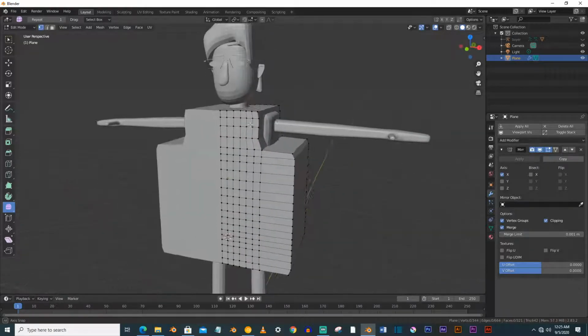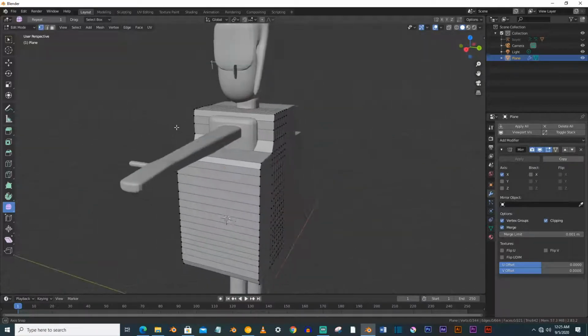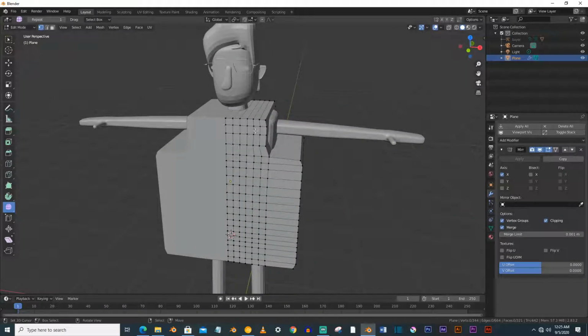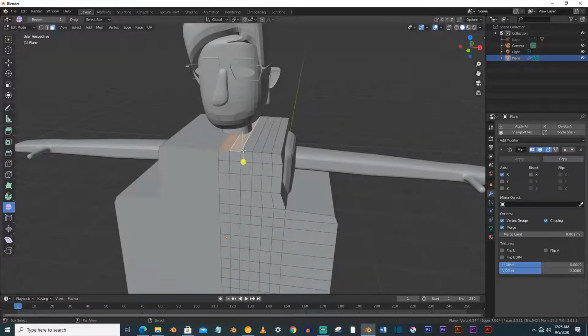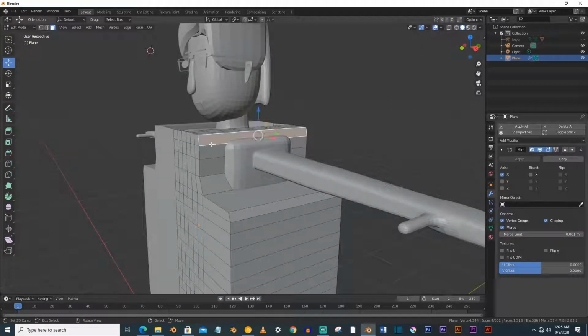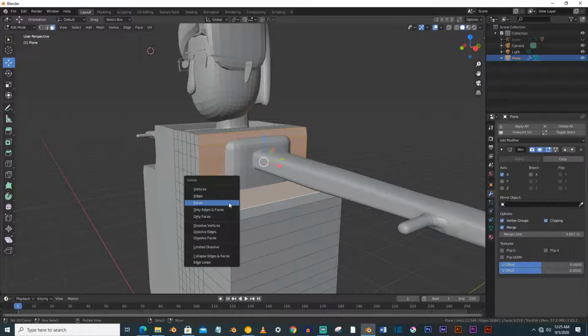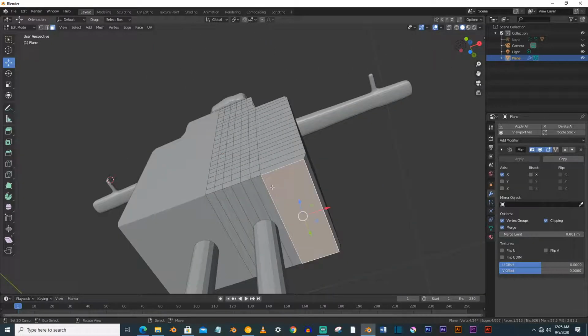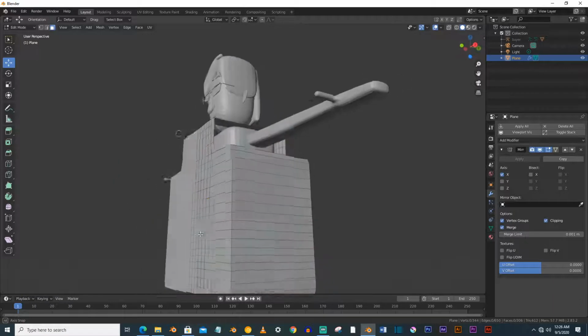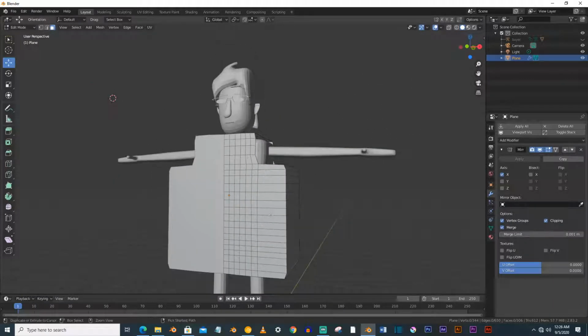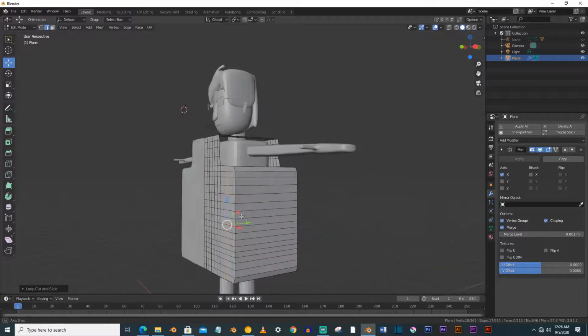So this is getting the shape, and now what you have to do, you have to delete some faces here like this, X, delete faces, and delete these faces also, X, delete faces, and delete down faces also, X, delete faces, and now you can also add some loop cuts here as well.